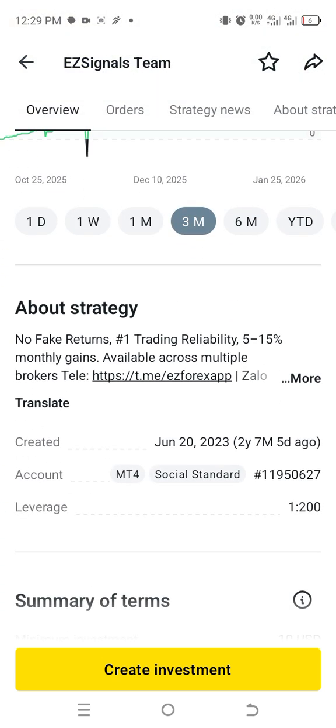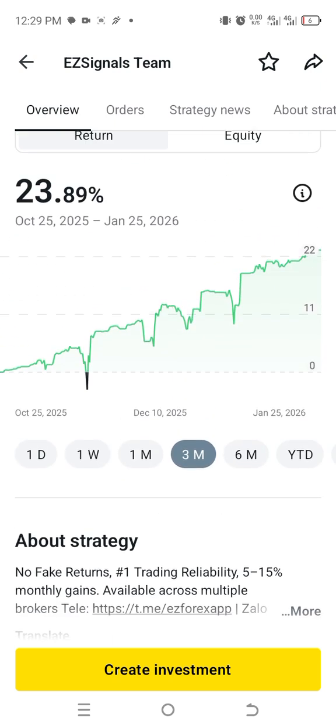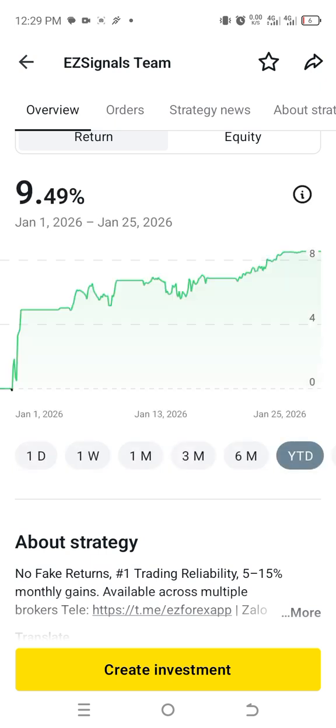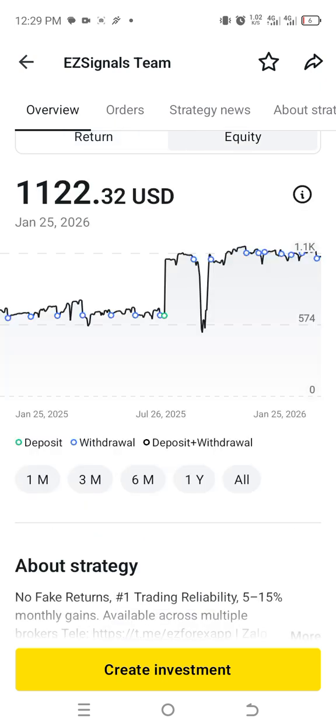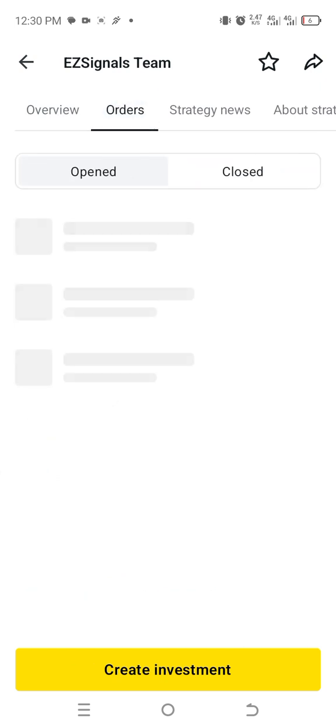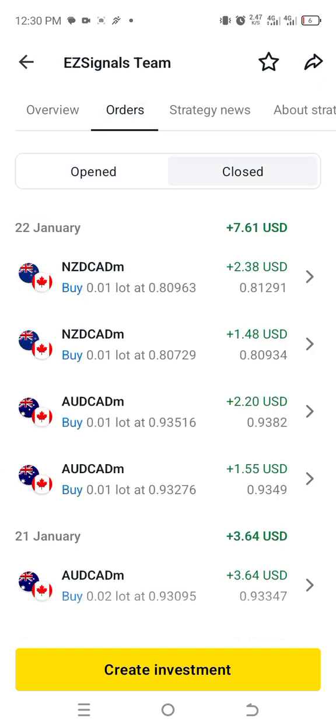It started on 20 January 2023. And from that time, he has just been moving. You can click on YTD to see how he has been trading ever since he started. You see, he never stopped. He's just moving. Let's go to equity. You see, that's how he's been trading. So if you like how he has been in all these years, from 3 to 26, you copy if you like it. Right? You just check his history, check his everything. If you like it,